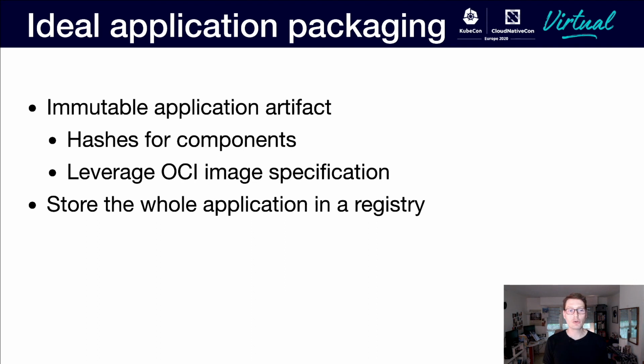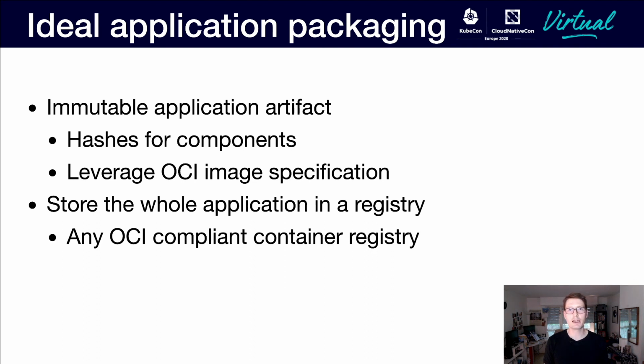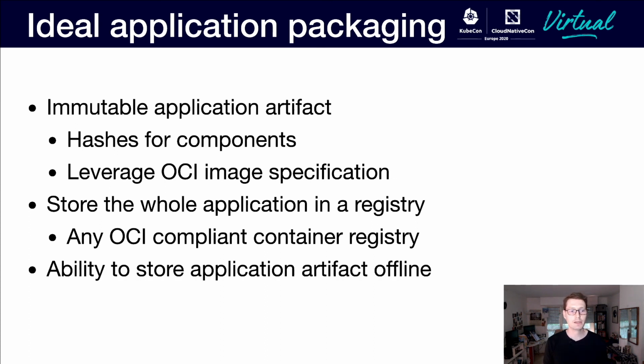We managed to store the whole application inside a registry, and not just the Docker Hub, but you can actually store these CNABs in any OCI-compliant container registry. We also had the ability to store the application offline, which would make it useful for things like air-gapped environments or IoT. And we did this using the OCI image layout, which is something also defined from containers,